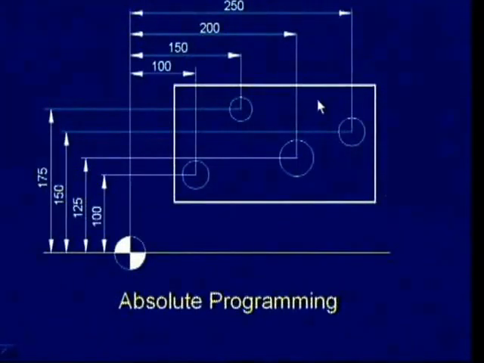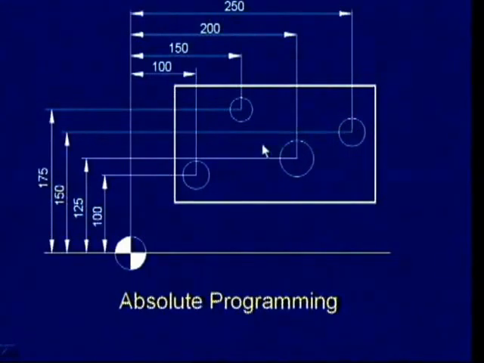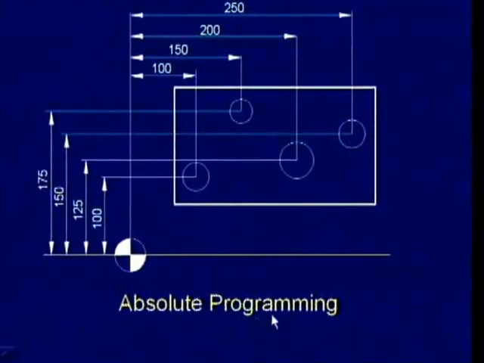Now let us consider this. Different points are there, point 1, point 2, point 3 and point 4. x100, y100, from the origin the cutting tool directly traverses to the center at a faster rate. Next is x150 and y175, directly traversing to the center of this hole and this hole and this hole, that is from one point to other point the cutting tool traverses at a rapid traverse with absolute programming.